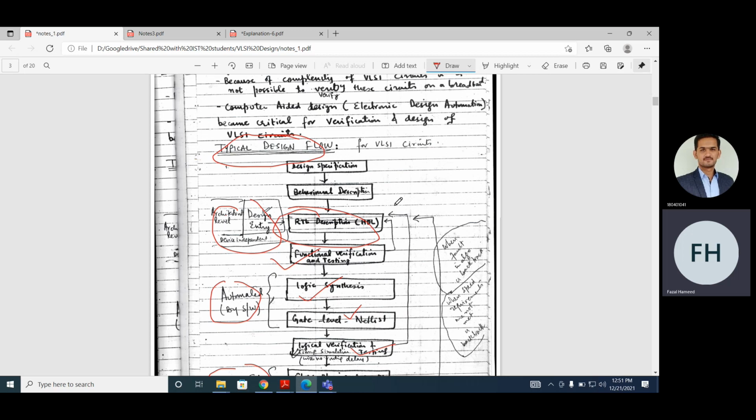Then you do the logic verification and timing simulation. What are the features that you have during this time? During this logic verification, you may have to go back. Let's assume your constraint or delay does not meet your specification. Then you have to go back and either change your architecture or something else. During logic verification, what can you change?